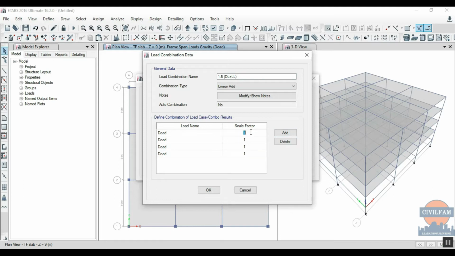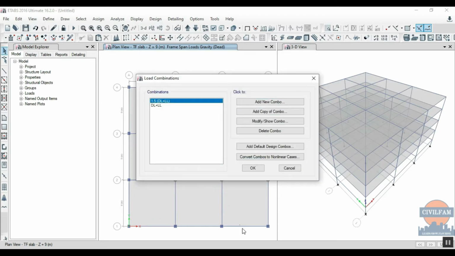Add all of them. 1.5, live load, super dead. Alright, so you make these two cases.